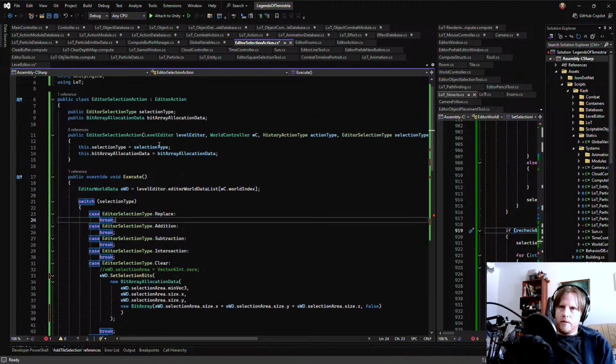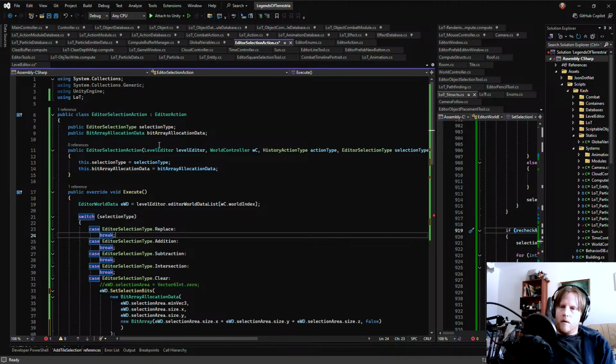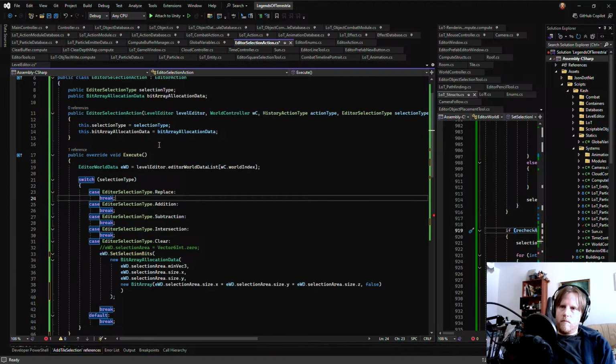Not in here, at least. I'm not sure. Because replace would have to be two actions, right?